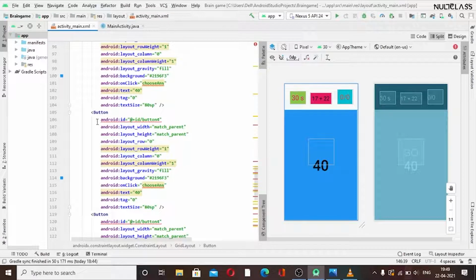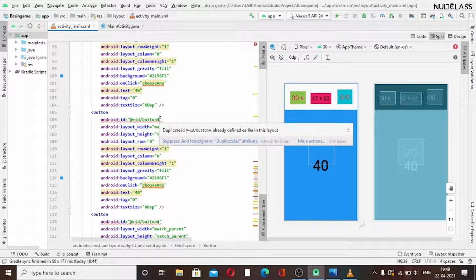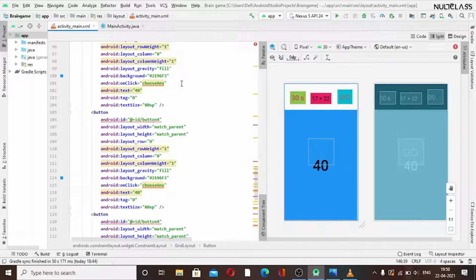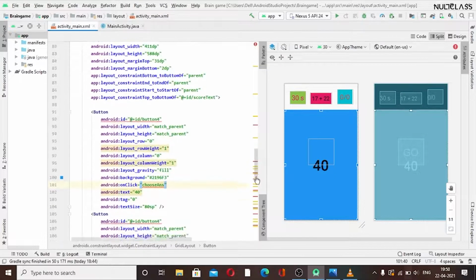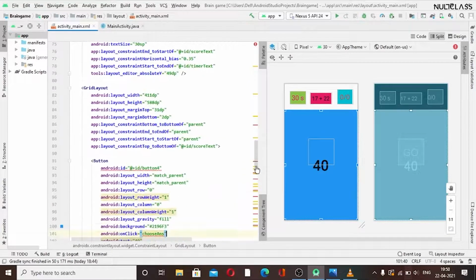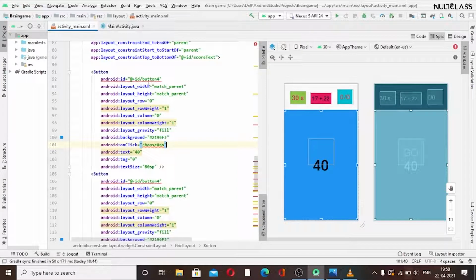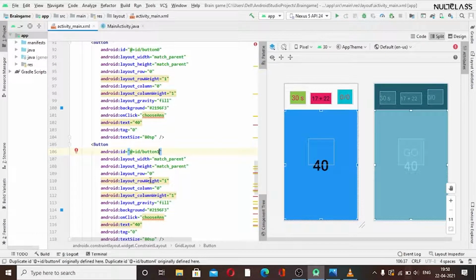Okay, so firstly I will change the buttons' IDs, as we know that we have to give them the IDs. I think this was the first one. Yes, I have added the 4. I haven't added the ID for the first one, so I will give its name as button 0, as this will match with our tag. So 0, and here button 1. Here its ID is button 1, and also I will go down and give its tag here as 1.